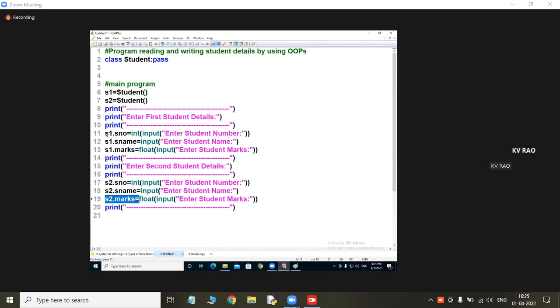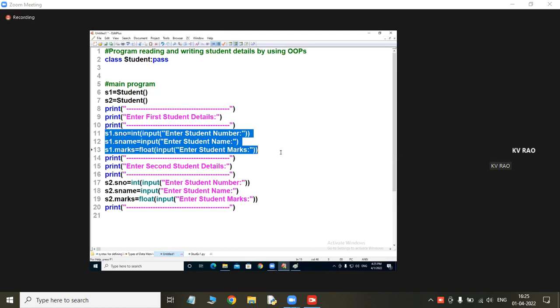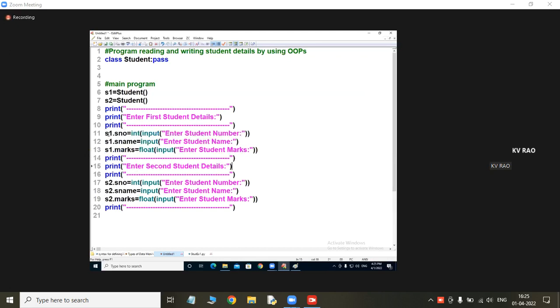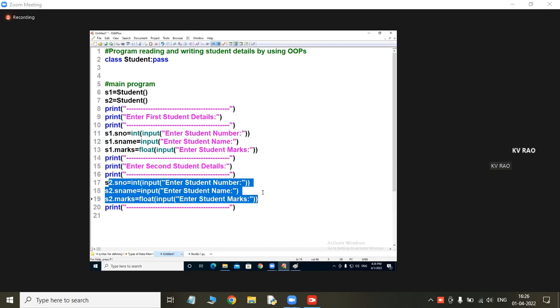How many times did I read my details? Here 3 lines I wrote, here 3 more lines I wrote. For 2 objects, 6 lines I wrote. Am I correct? For 3 objects, how many times do I have to read? Again I have to write. Is it not the same code written again and again, a waste of my time? So how do you overcome this? By using